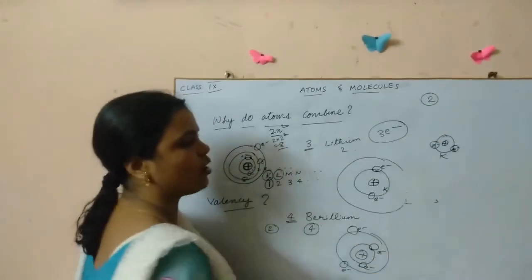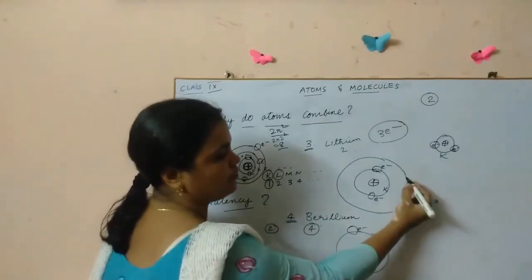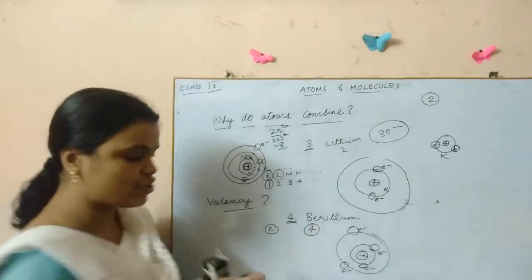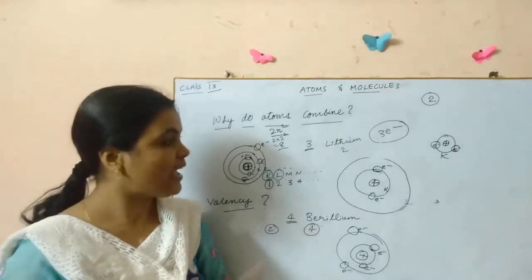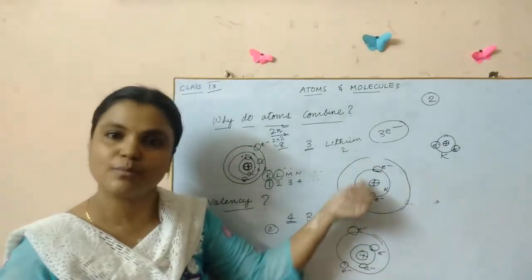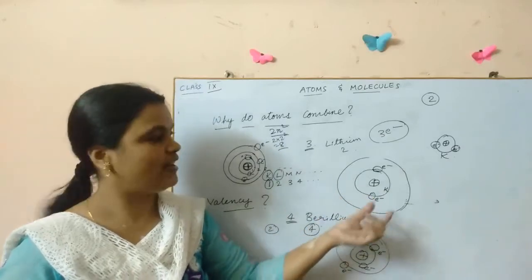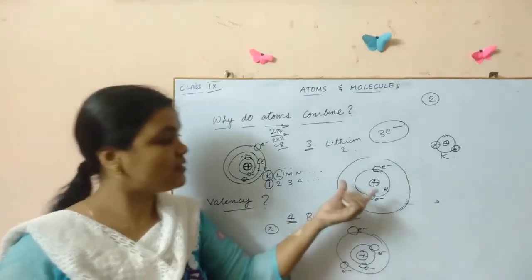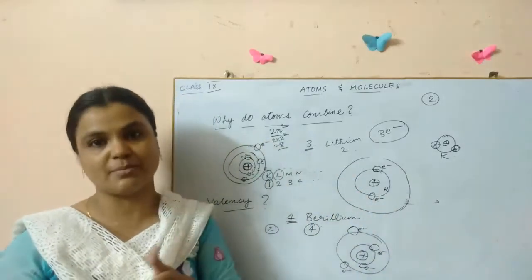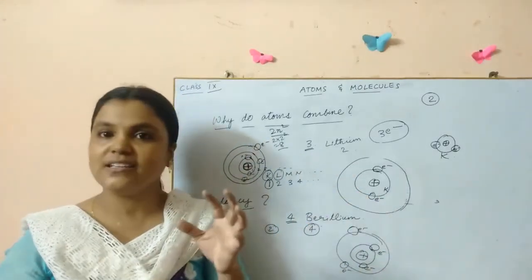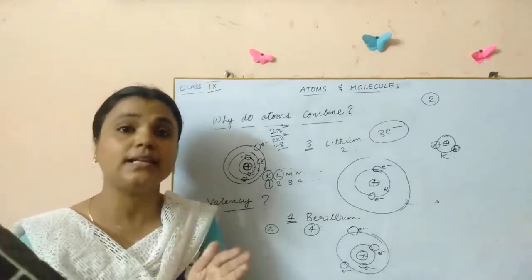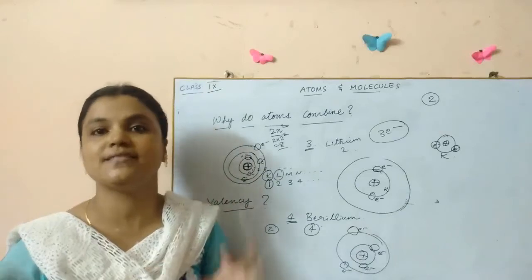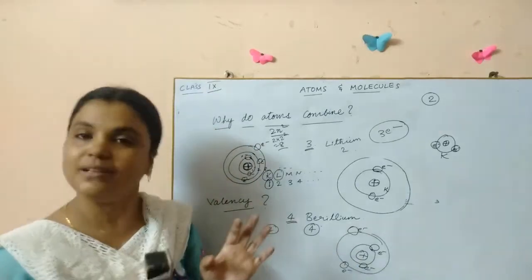gives away this electron, now what happens? Here no electrons at all. Now K shell will become the outermost shell, and now this K shell, does it have the maximum number of electrons? Yes. The first shell should contain 2 electrons, and this also has 2 electrons. So thus it gets stability. So an atom should have a completely filled outermost shell, and then only it gets stability. It gets stable. Got it?